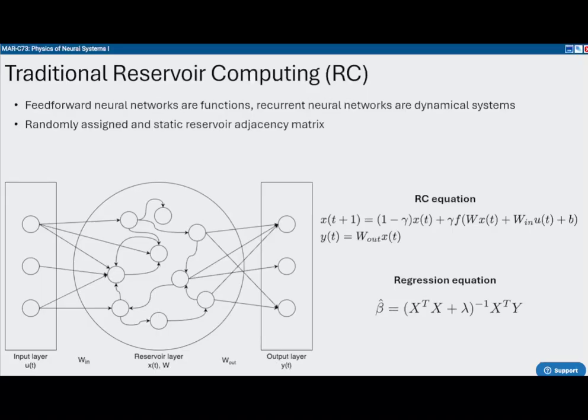Another is this randomly assigned and static reservoir adjacency matrix. So what this means is that this whole reservoir layer is random, and we don't have to tune any of these parameters or even the network structure at first, and it will stay as it is throughout the entire learning process. And yeah, one other important feature of the reservoir computing is that the training is done differently from a